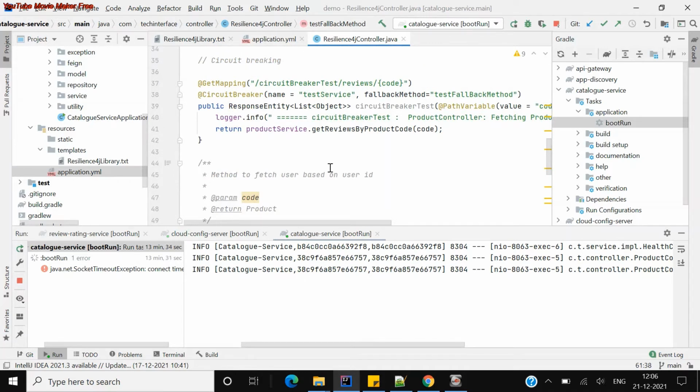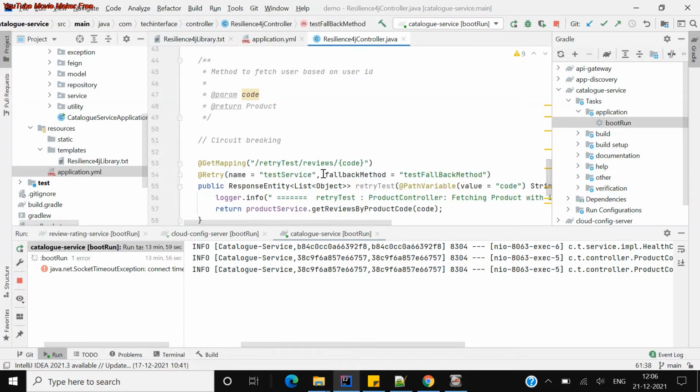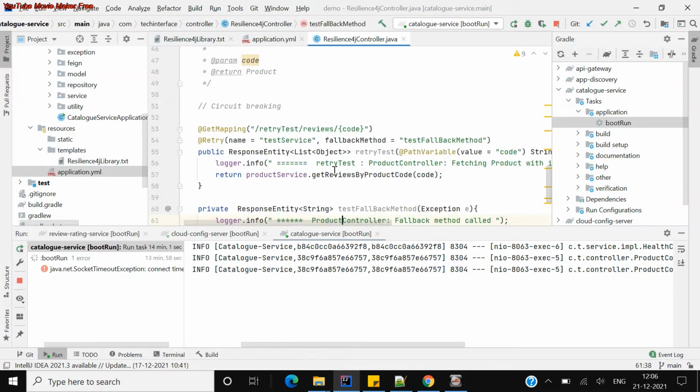Now what if you want to retry that method again and again for some period of time, so that you can check whether some system or service might come up, because it might have been down for a few seconds and then come back up? How do you make sure, without calling again from the front end or user intervention, that you retry that particular method? For that we have a retry mechanism, that is nothing but retry.